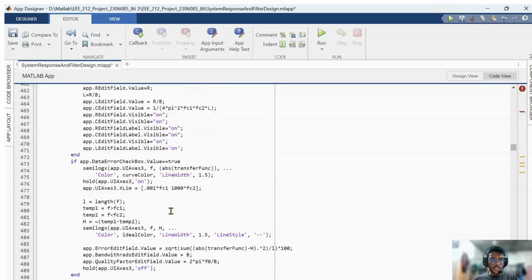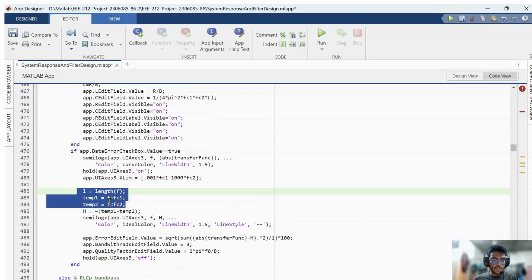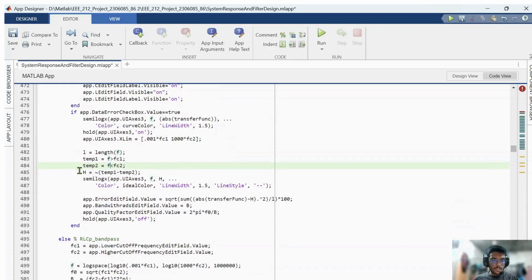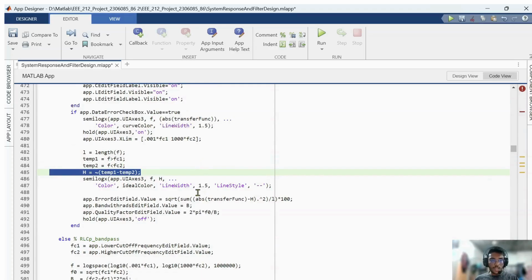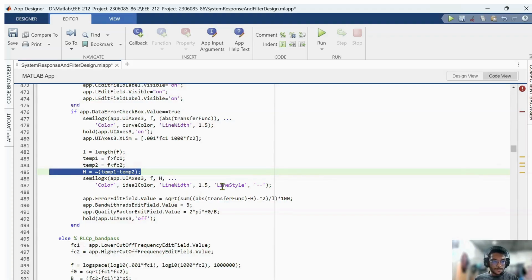Then the data and error section. Here we use temp1 and temp2 variables. Then, to determine the ideal values, because in this case for us in the certain area the output value is 1, and out of that the output value is 0. Okay,